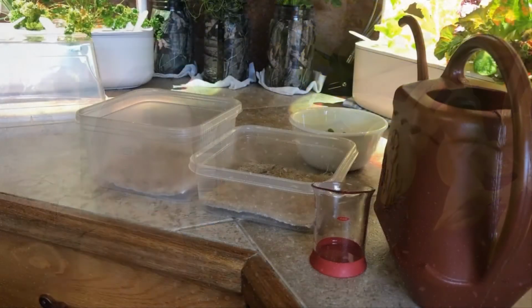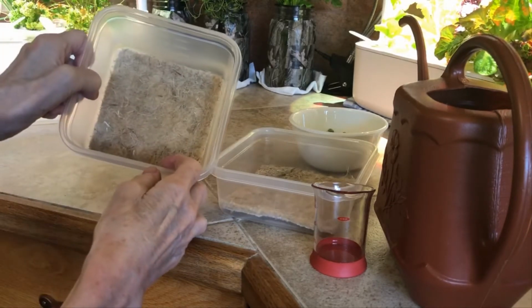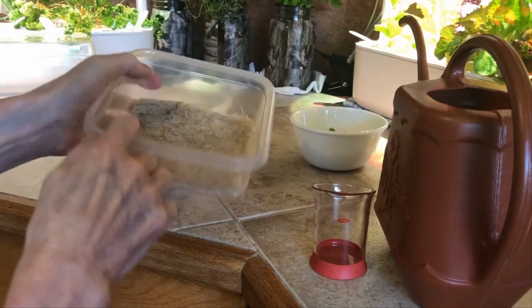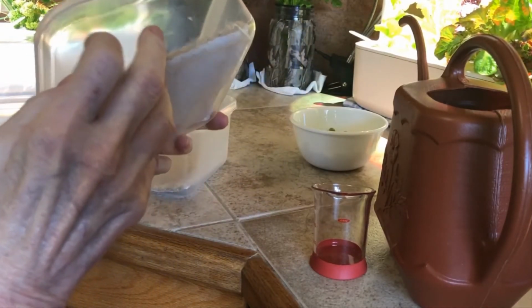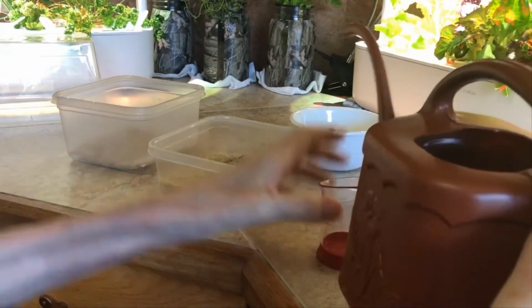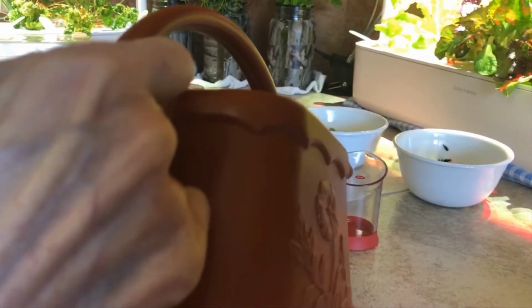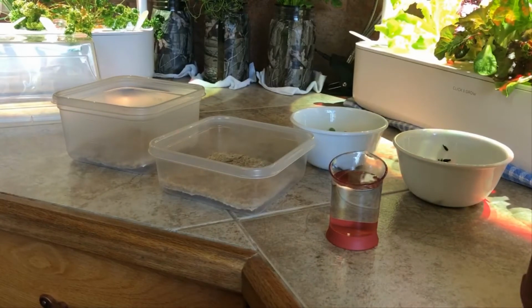Okay, so like I said, we are now going to do this in little 5 by 5 squares, and they fit really perfect in these 3-cup plastic containers. So we already soaked our seeds. I don't need to show you how to do that. It's pretty simple. I'm just going to pour 4 tablespoons of water in the little beaker,